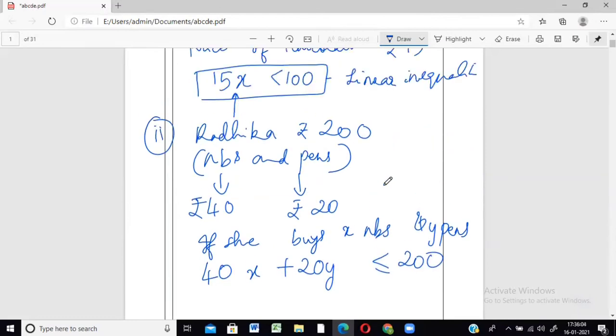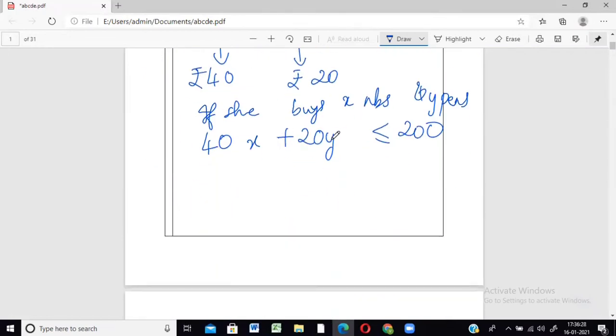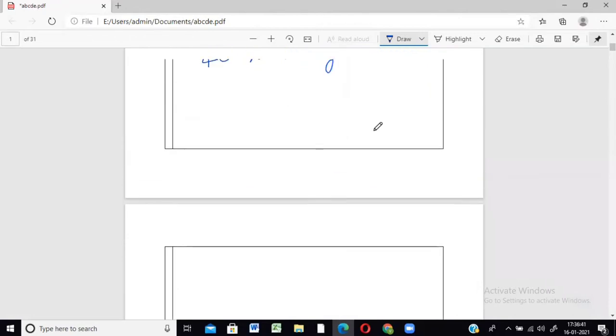All right. अभी previous question में we knew that that amount can never be equal to 100 because you can never buy chocolates into pieces, right? You can either buy 6 chocolates or you can either buy 7 chocolates. अगर मैंने 6 chocolates लिया, so it will be 90 rupees, which is less than 100. या अगर मैंने 7 chocolates लिया, तो it will be 105, which is more than 100, which we don't want. Hence, there is no inequality wala sign here, but otherwise here it is always possible, okay, to have this number of chocolates exactly when you buy this, and then the answer is exactly equal to 200. So you have 40x plus 20y is less than or equal to 200.